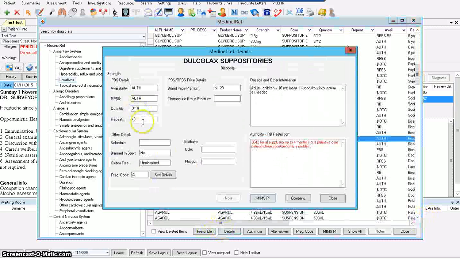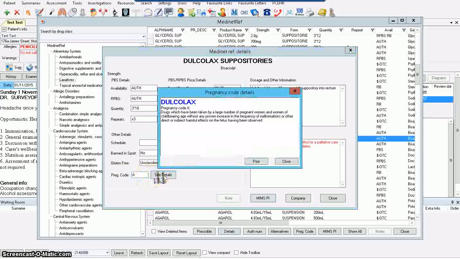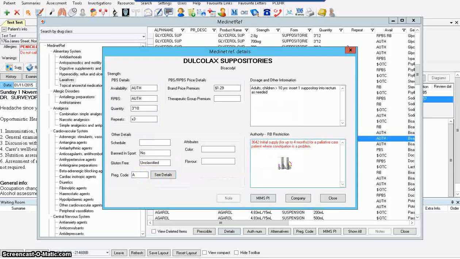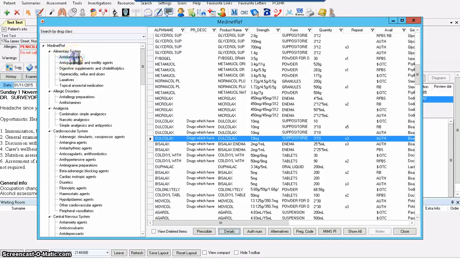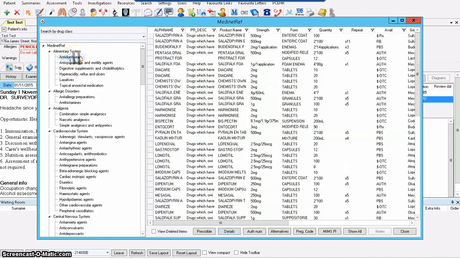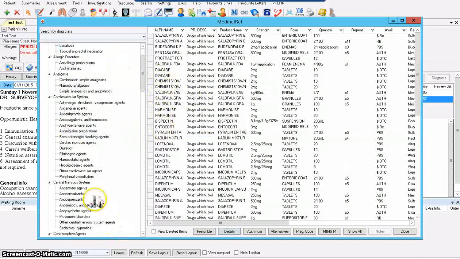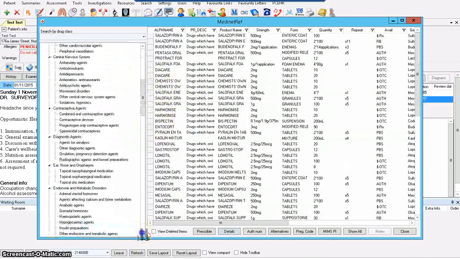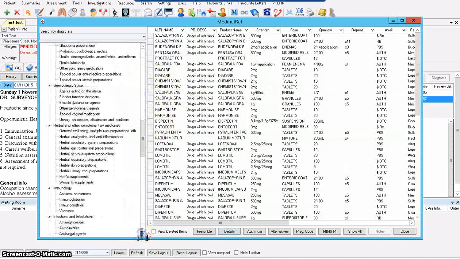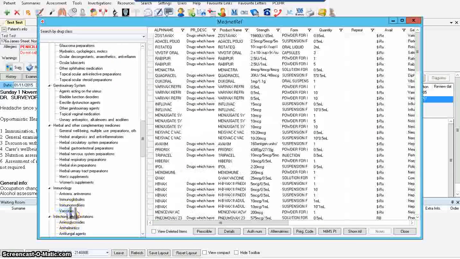Is it authority? How it is classified according to the pregnancy code? Dosage? Antidiarrheal? So all bodily systems are covered here. Vaccines,